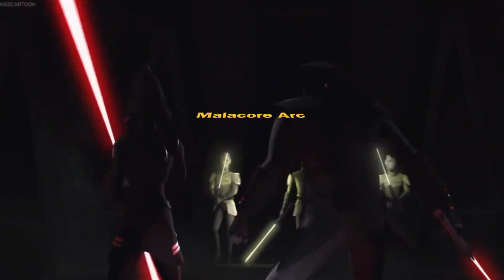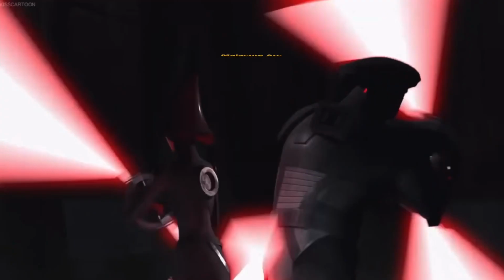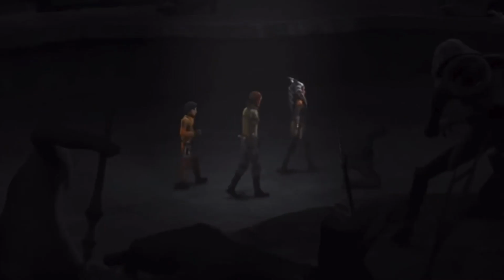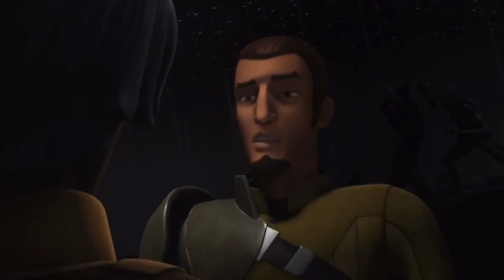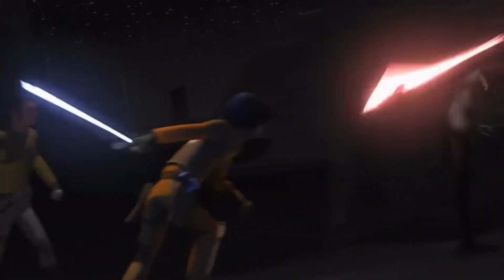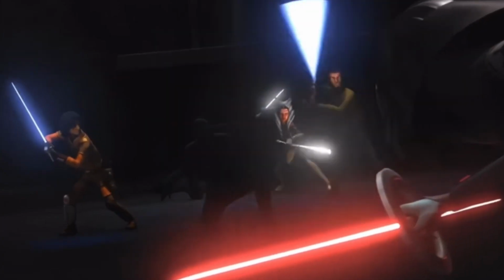Crossover to Malachor. Sometime after the events of the Jedi Temple on Lothal, Kanan, Ezra, and Ahsoka traveled to Malachor following a hint given to them by Jedi Master Yoda. When they arrived, the Eighth Brother was already there, hunting an individual known as the Shadow. He attacked them, and soon after, Ezra Bridger became separated from the group as he encountered a new individual, former